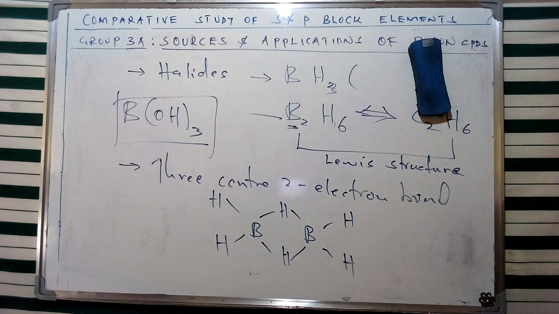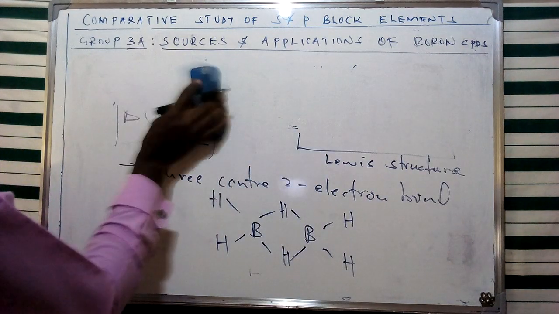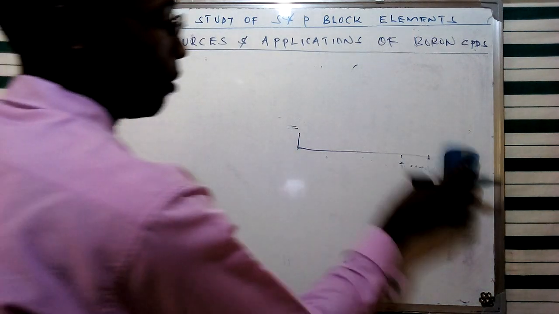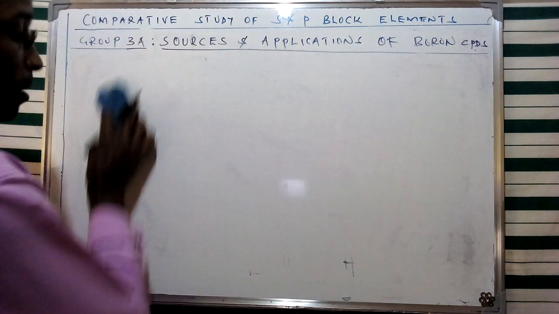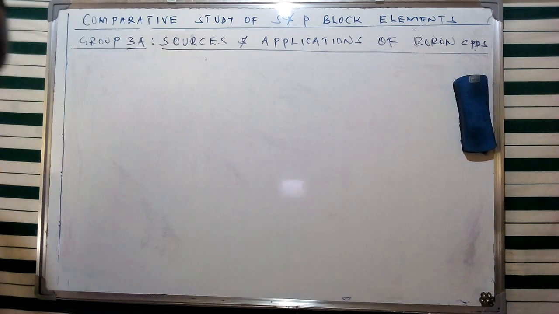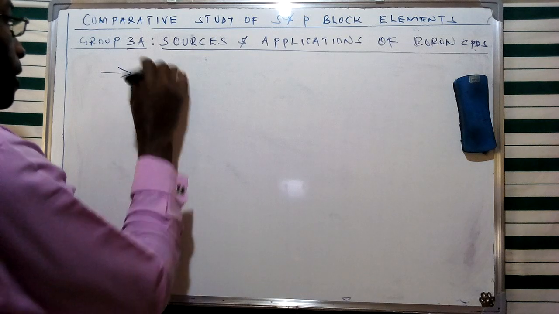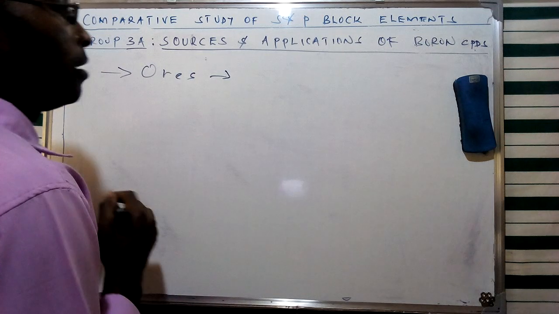So in this case, we shall look at the specific sources and applications of boron, as I had mentioned. And of course, this is going to be given in various aspects in terms of distribution. In our last discussion, I said that a quarter of the elements in the periodic table are found in their pure form, while the rest are found in ores or in combination with other elements in their natural sources. The compounds of boron are found concentrated as ores, and these are found in various geographical regions.